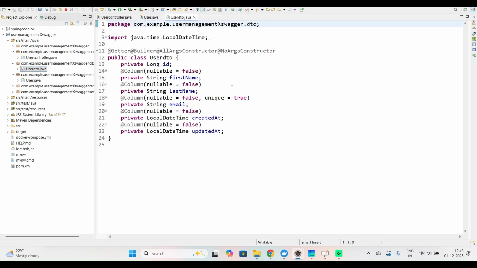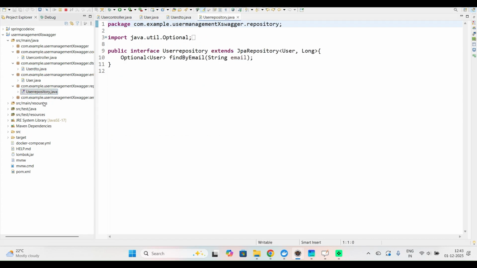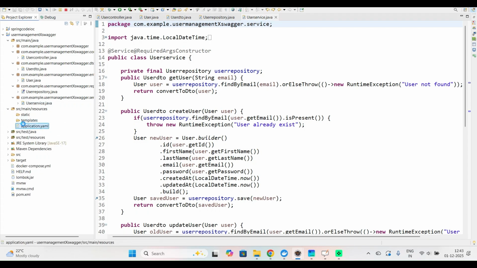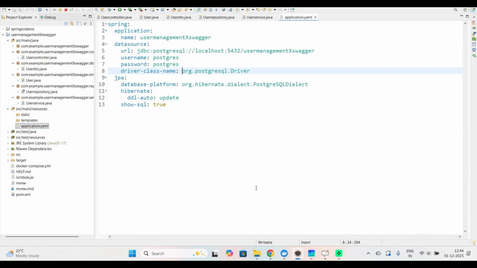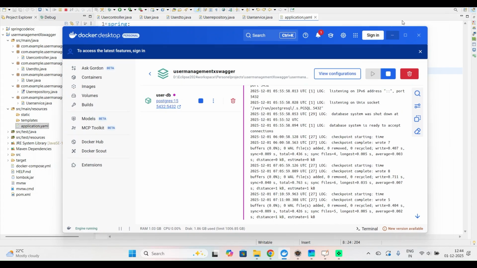You should not include the password in the DTO. And there is the user repository plus the service class. Nothing big. Plus I'm using PostgreSQL. You can see Docker is running, up and running. Fine. Now